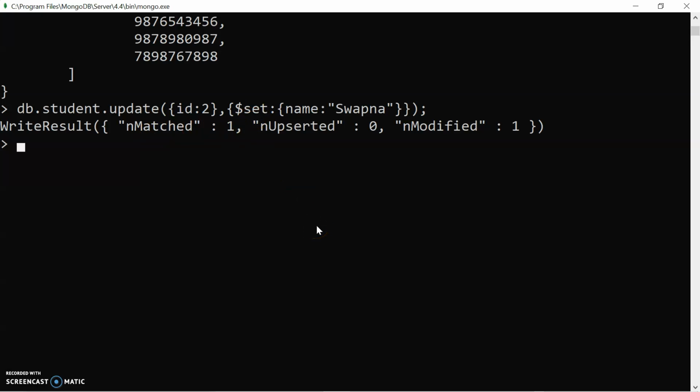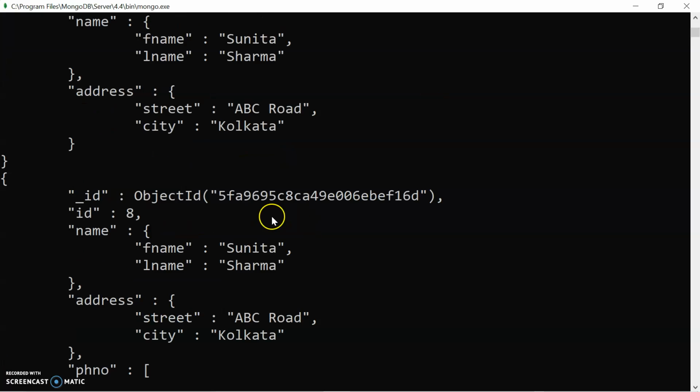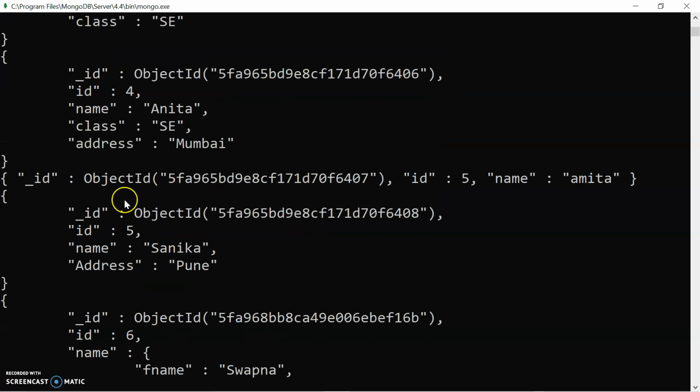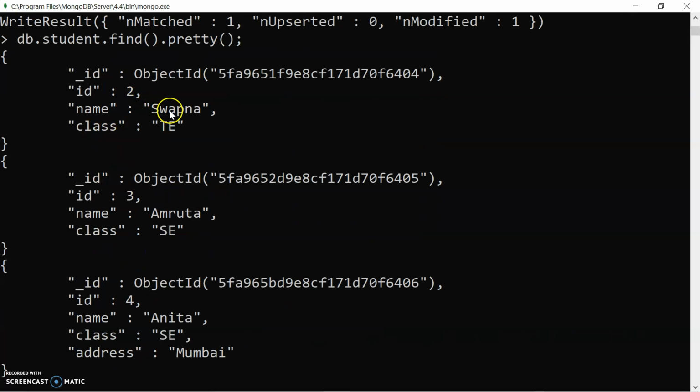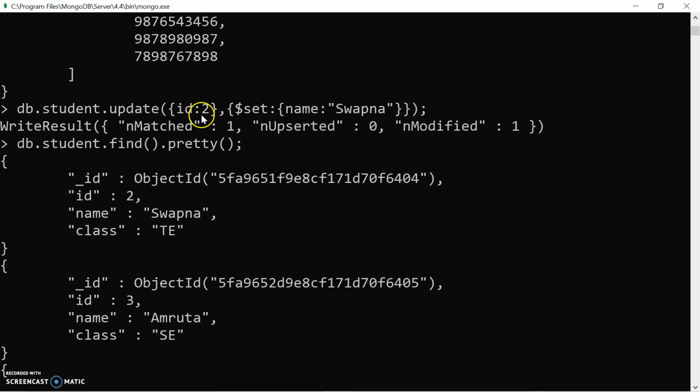And whether it is changed or not can be seen by using db.student.find.pretty. So here you can see ID 2. Initially it was Sapna, now it is Swapna. So with the help of this statement, with the help of this $set operator, I have shown you how to